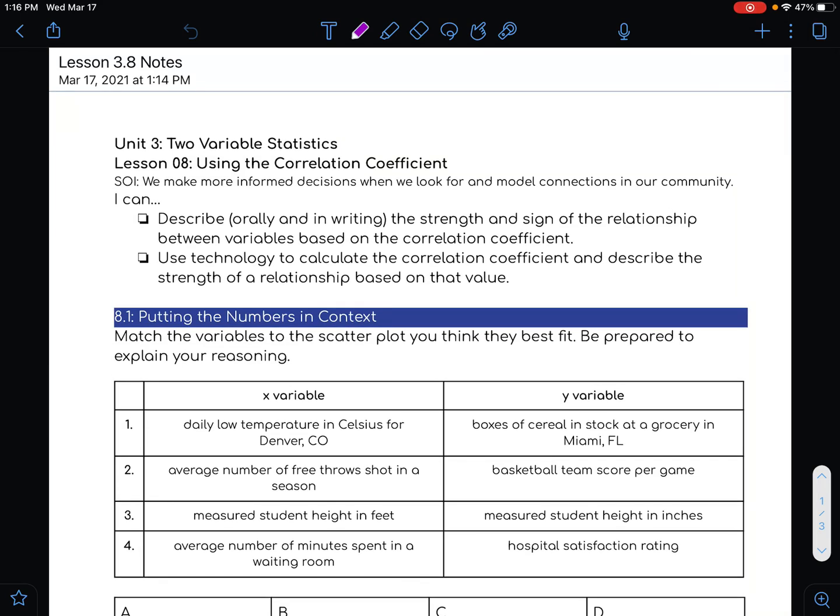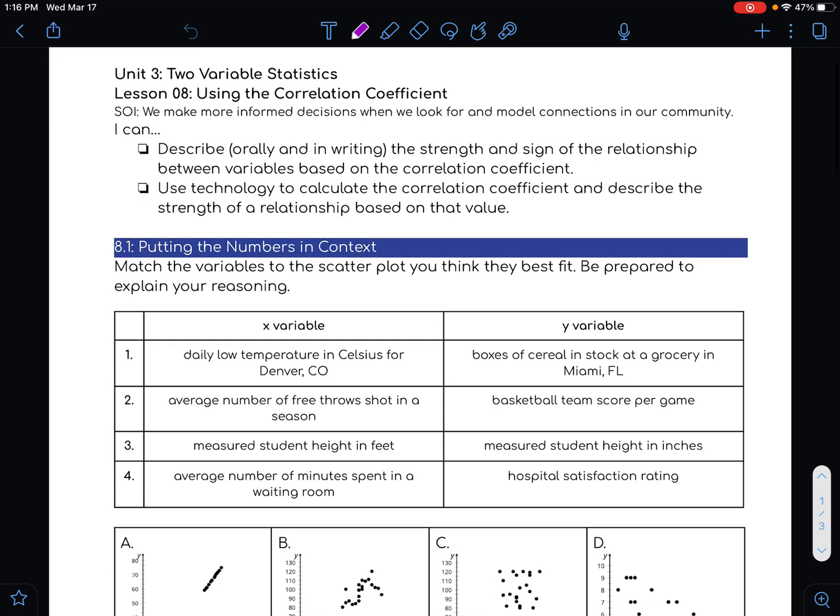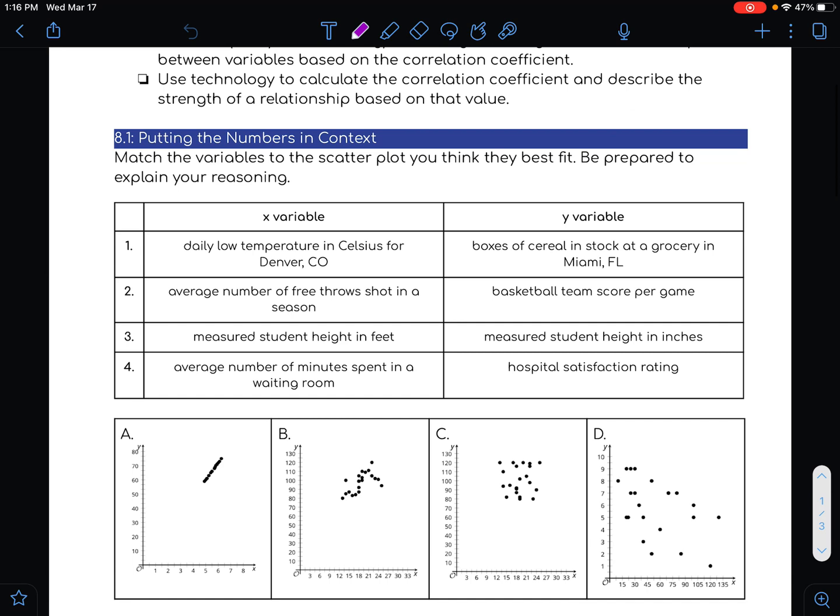We're going to continue the conversation about correlation coefficients and look a little bit more at the relationship between two variables and analyzing the correlation coefficient between them. The first set of problems here gives us 4 graphs, 4 scatter plots, and 4 combinations of x and y variables. And our goal is to match up the xy variables with the graph that seems to represent that, and to see if those variables fit that graph well or not very well, and to explain our reasoning